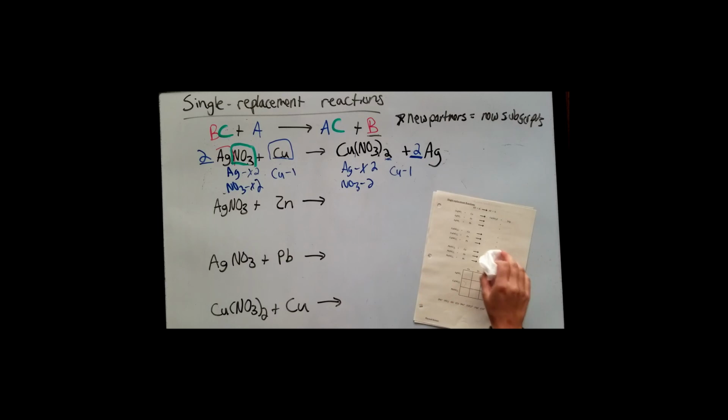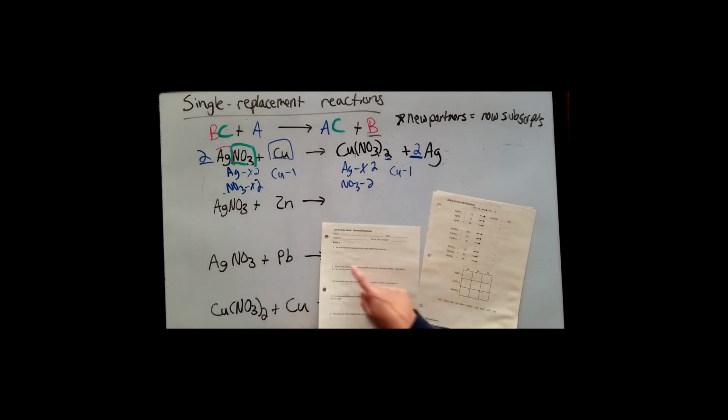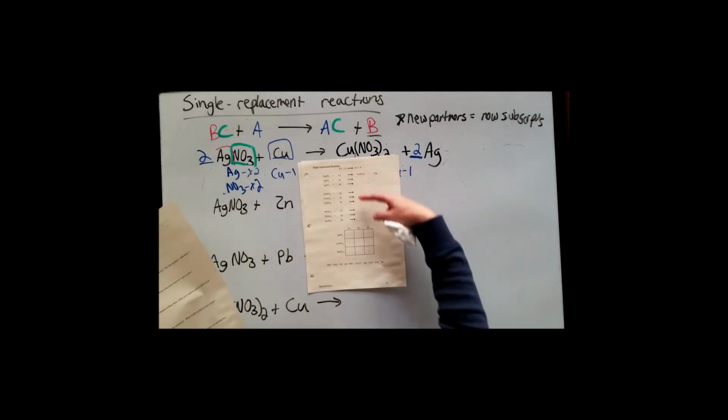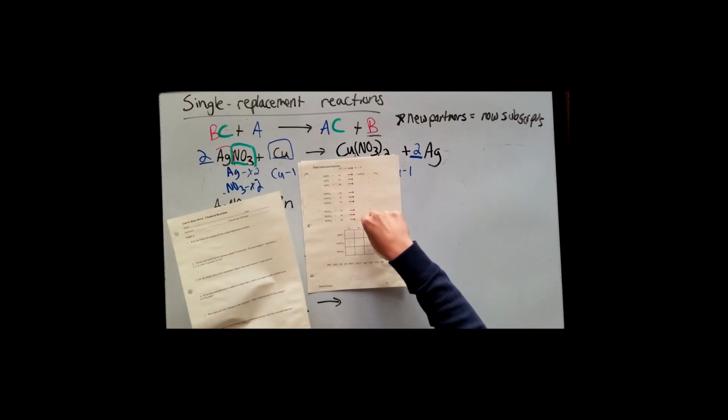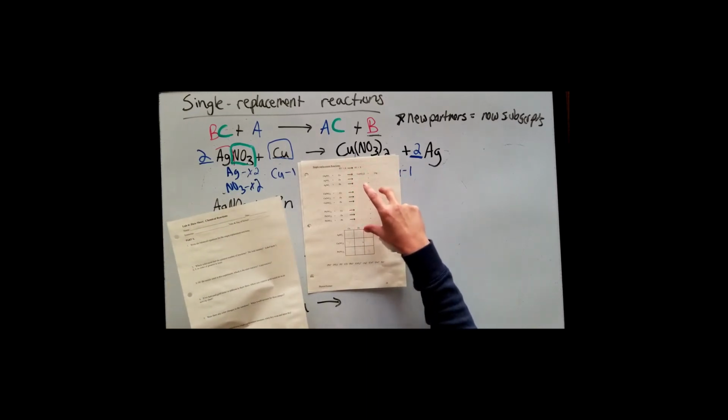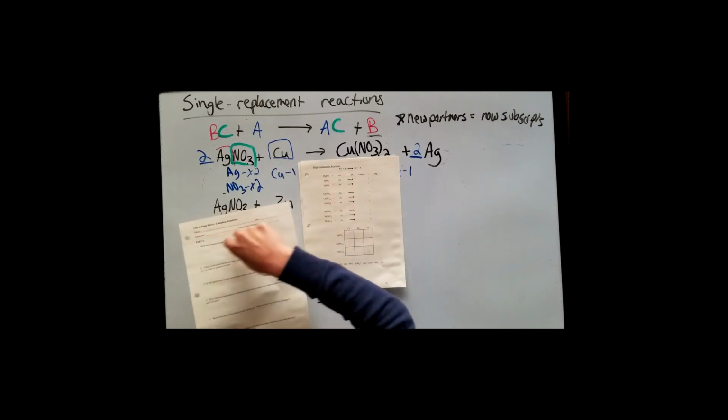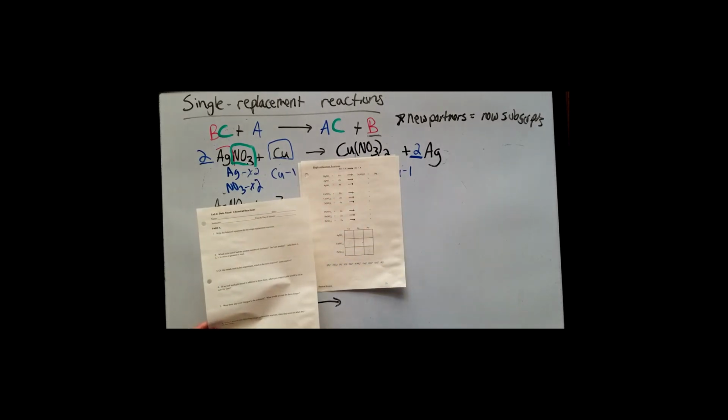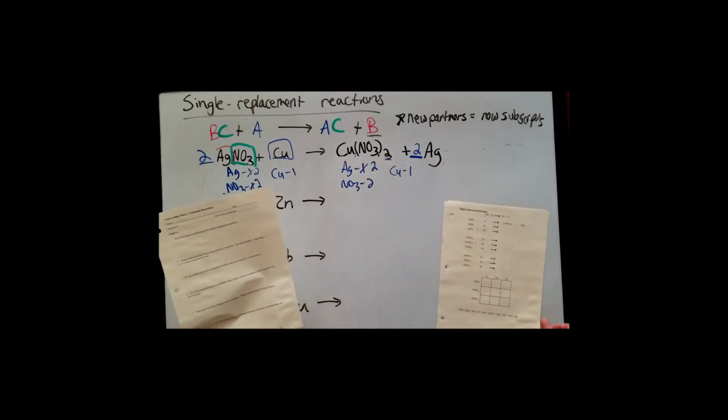So what I'm going to do is go through the first few, showing you how to predict the products and how to balance the equations, and then I'll leave you to complete the rest on your own. Okay, these are the balanced equations for single replacement reactions. So on page 33, number 1, where it's asking you to write all those, it's just asking you to basically fill this in. So you can either fill this in and scan a copy to answer number 1, or you can rewrite them in this number 1 slot. Your choice. All right, so let's look now